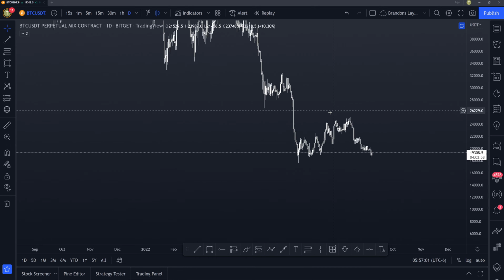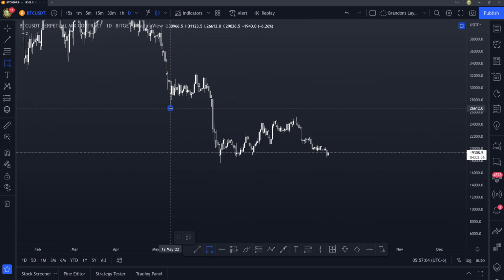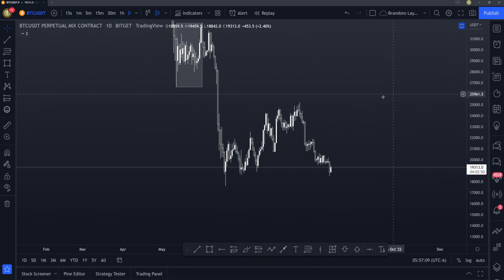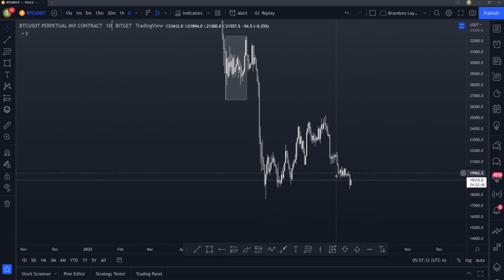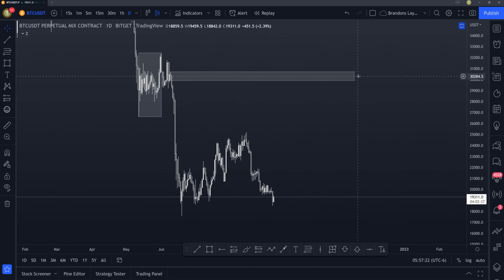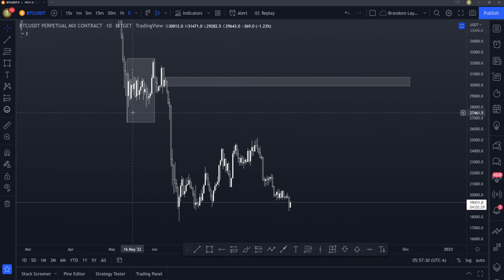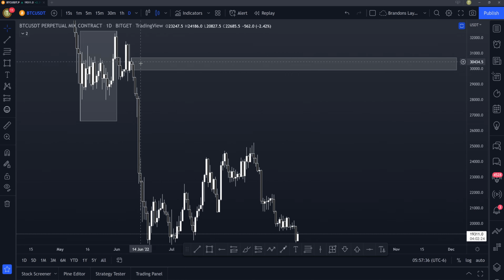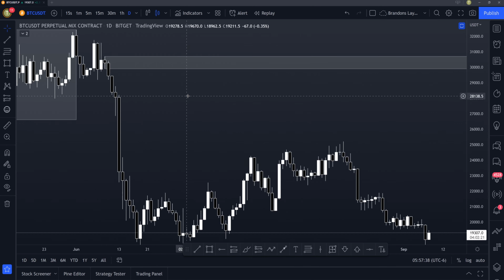Let's just take a new outlook. So we have this last move down. I mean, obviously, this just looks overall bearish. We could potentially see a turn in the other direction, where we'd probably want to see it come back up to here. So we probably want to see it come into this area, this supply, the last up move before the down move. And it's just an unmitigated zone. You can see here if we look at this candlestick,